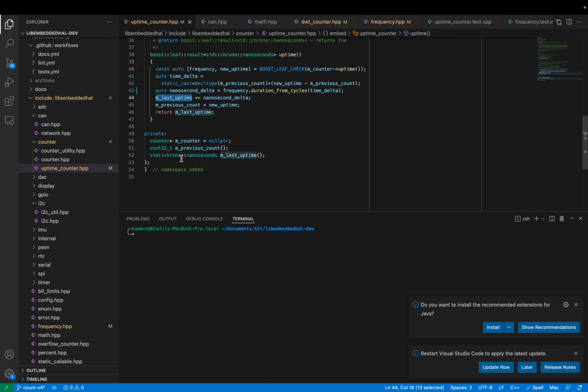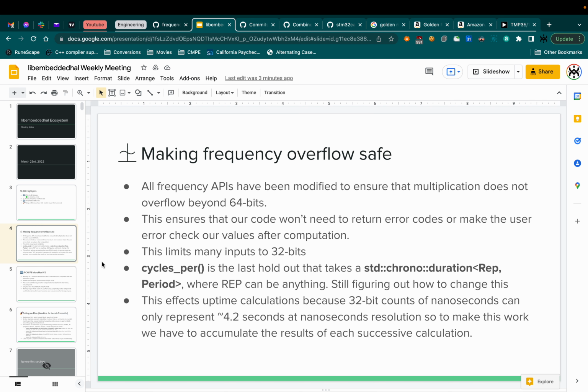So that's something I've been working on because I realized that the previous code had this particular flaw where you'd overflow, and it overflowed at a very particularly weird number. I just didn't like how that code was looking and how there were so many weird edge cases I had to deal with, whereas we can eliminate all those edge cases and situations by simply making everything overflow safe. Any questions about this?